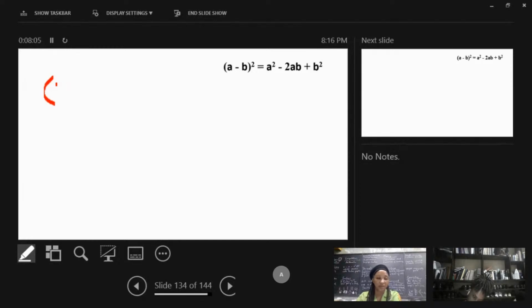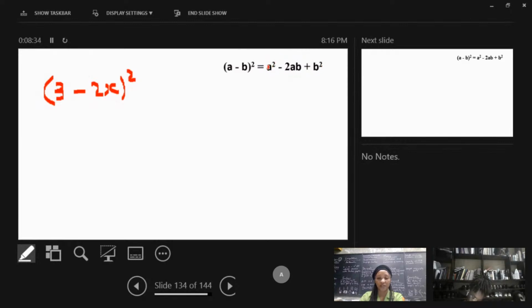So suppose we have 3 minus 2x squared. So this is the square of the difference. Let's expand it out first. It's gonna follow this rule, but let's expand it out first to prove to ourselves that it's going to be